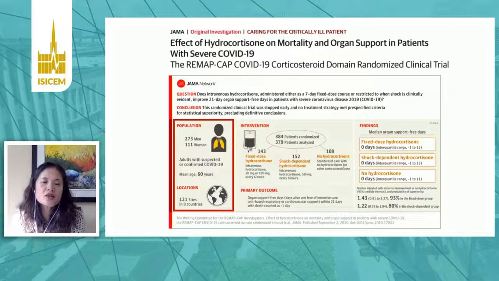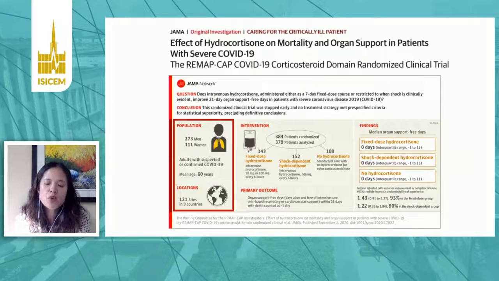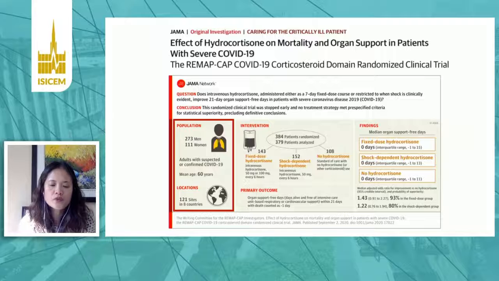The positive signal seen in the RECOVERY trial had led most ongoing corticosteroid trials to suspend recruitment. Three of these studies were published in JAMA on September 2nd. One of these studies is a REMAP-CAP RCT. A total of